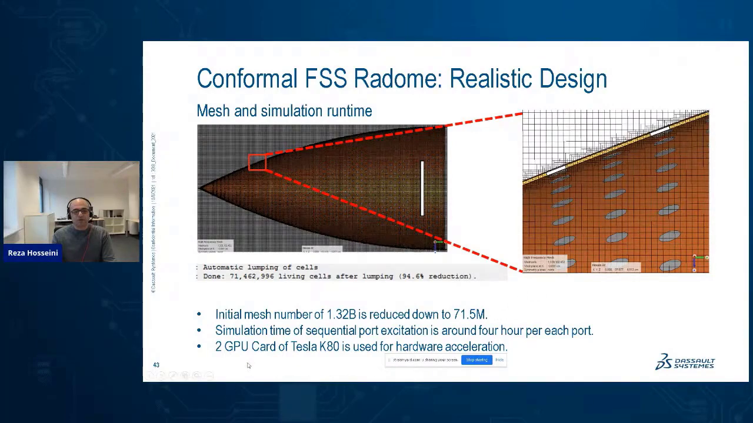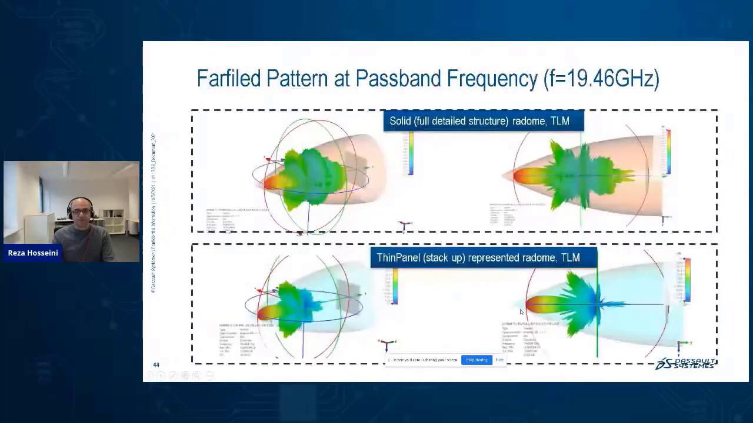So I used 2 GPU cards of a Tesla K80 for hardware acceleration, and this antenna array has 10 ports, and there was a transient solver, so I needed almost 4 hours per port to get the full result. So here to compare the behavior, at the top is the far field